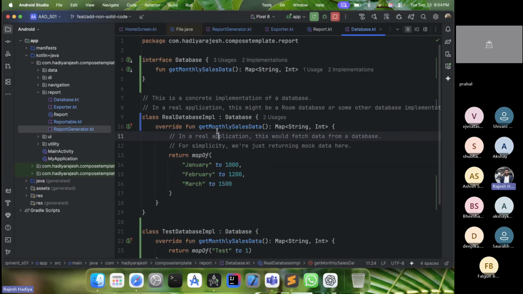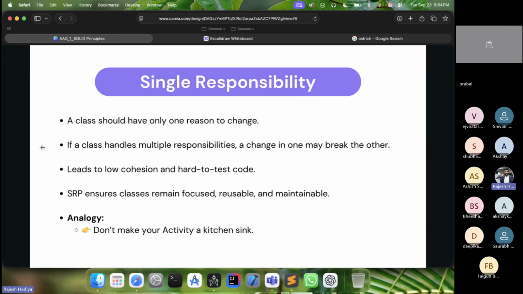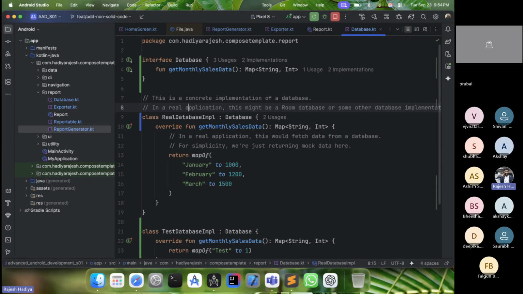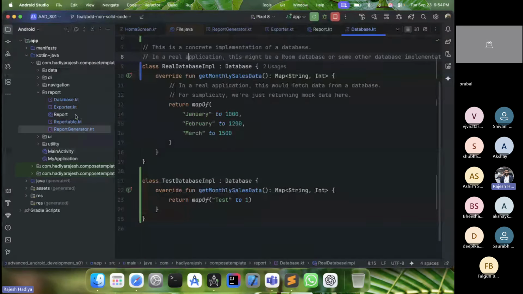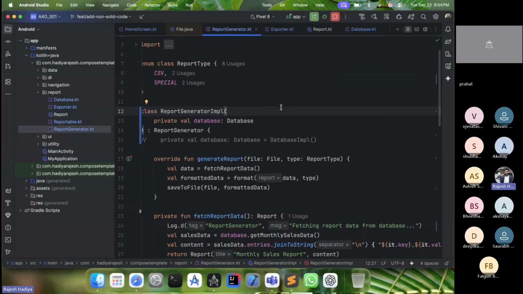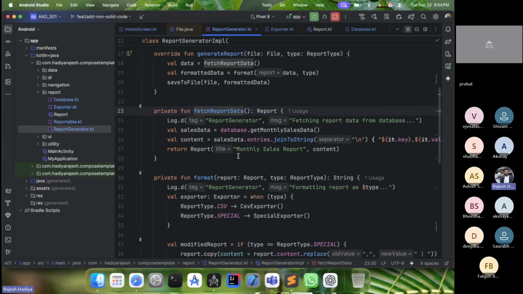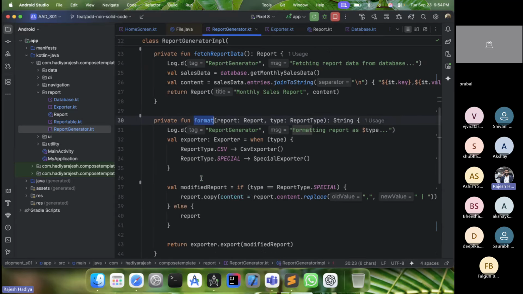Now what? Now three things remain to be sorted: Liskov substitution, open-closed and single responsibility. So let's take up open-closed. See this. Now this class has generate report and it has fetch report. Single responsibility we will take later. And formatting. Now for the formatting, what's happening is we are providing a report type, and then we are providing